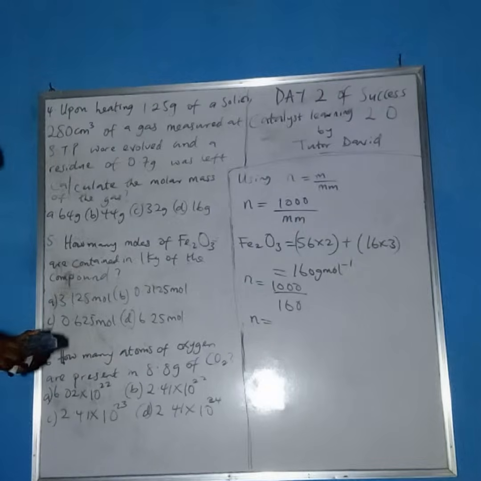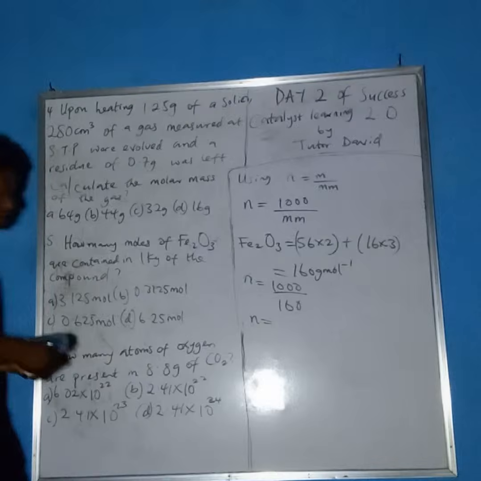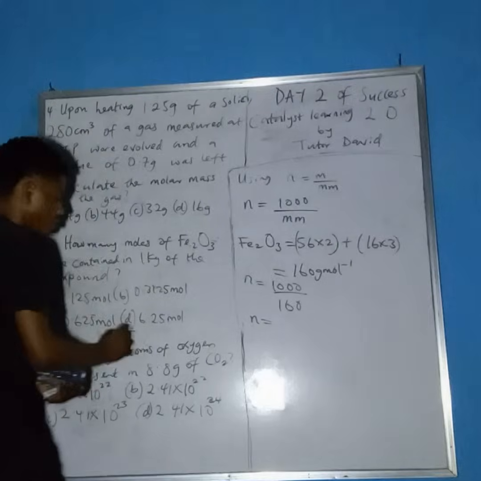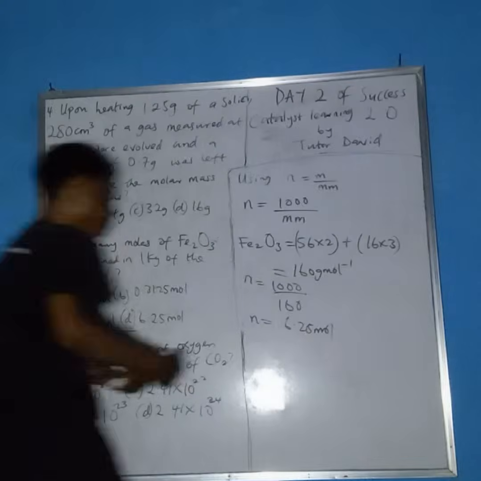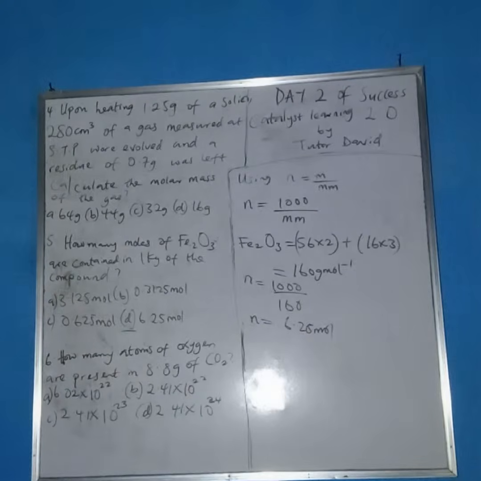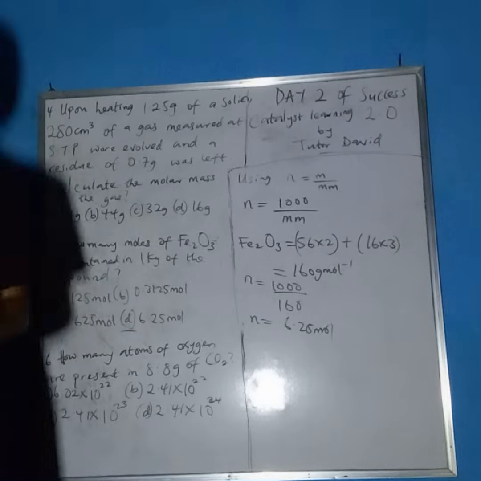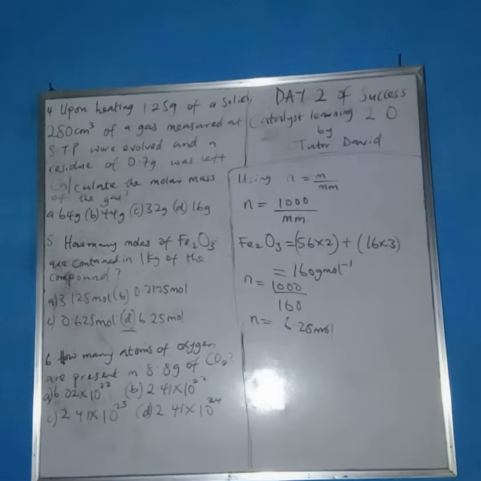Let's calculate for you. 1000 divided by 160. So that will give us 6.25 moles. So our answer was 6.25 mole. Alright, so that means we have 6.25 mole of iron 2 oxide in 1000 gram of that substance. All right, so that's for that. So now let's proceed to the last question. Right, it said how many atoms of oxygen are present